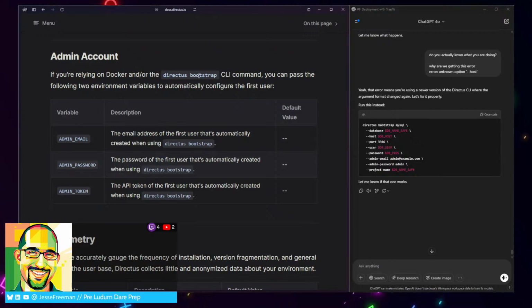If you're relying on Docker and/or the Directus CLI command, you can pass the following to